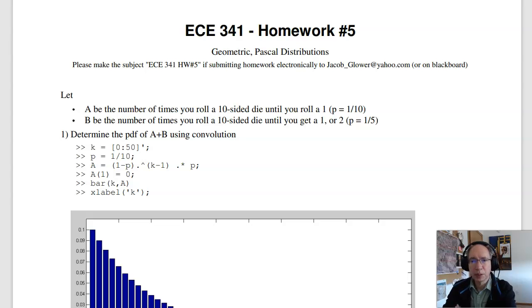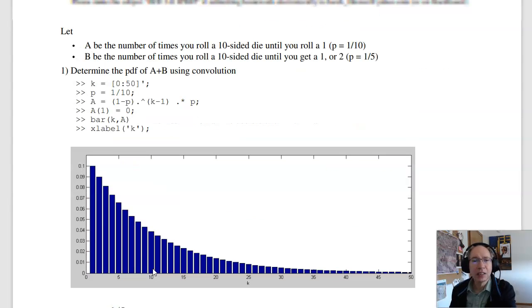Hey, this is homework set number 5 for ECE 341. This covers geometric and Pascal distributions. And actually, this is really more Pascal distributions. The first problem